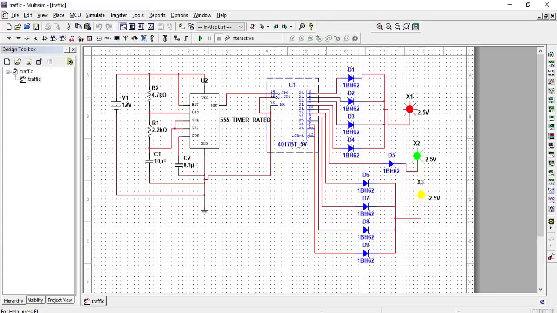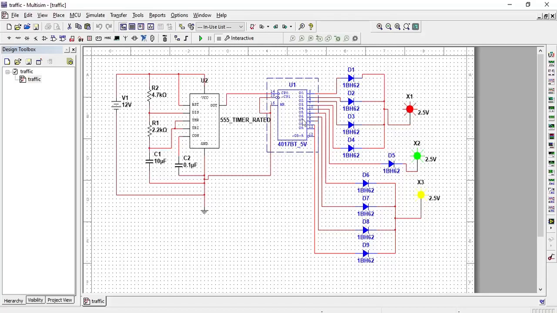Now let's start my simulation part. I have used software called Multisim to simulate my project. Here you can see that I have used one IC555 timer and one counter and connected them with each other. The reset pin is connected between VCC and R2. The discharge pin is connected between R1 and R2. The threshold pin is connected with the trigger pin, and the trigger pin is connected with C1. C1 is connected with R1, R1 is connected with R2, and R2 is connected with VCC and the DC voltage. C1 is also connected with ground, and C2 is connected with the control voltage and the ground.